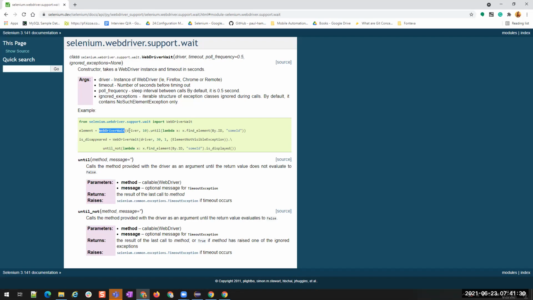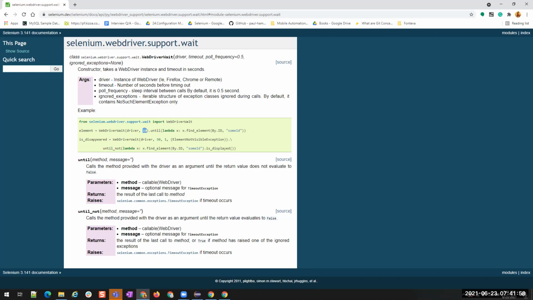You see, WebDriver driver comma 10 seconds, and we are applying some condition until. So everything is the same. They used lambda; we wrote our own function. This is Python, so that is why you are seeing it different. But again it is the same WebDriver wait class, and you pass the driver and the timeout seconds.